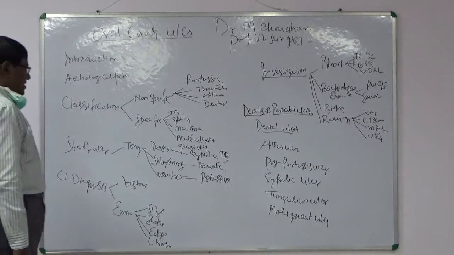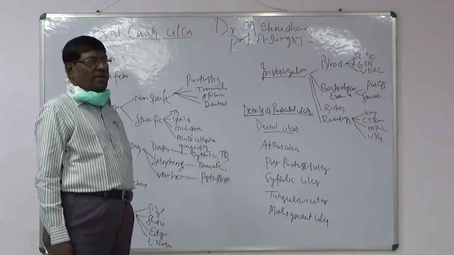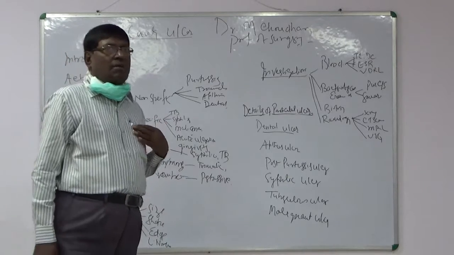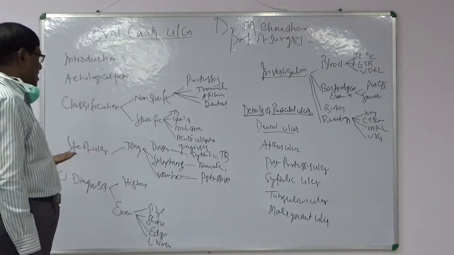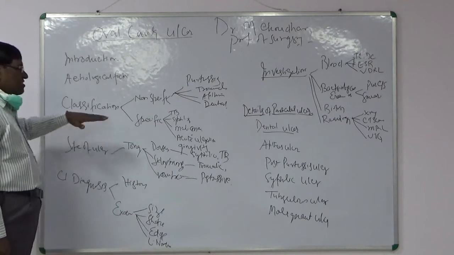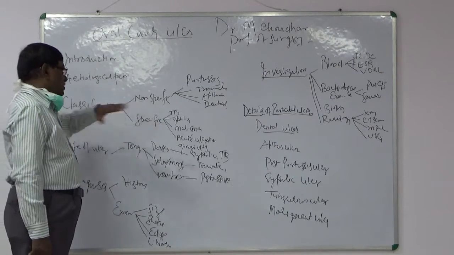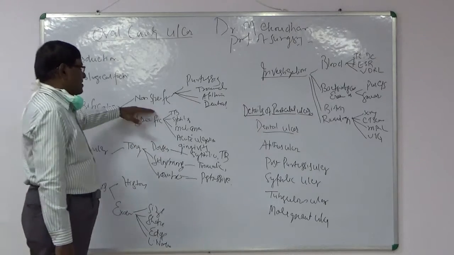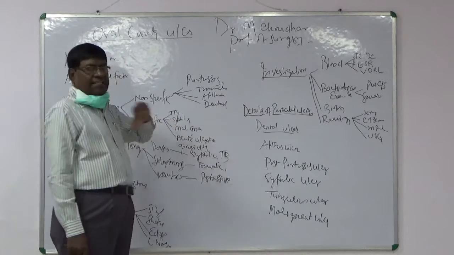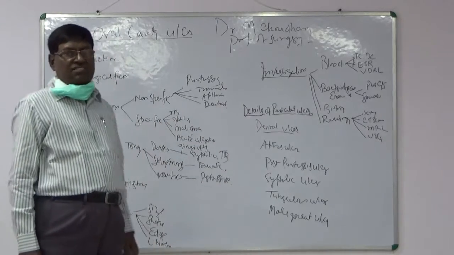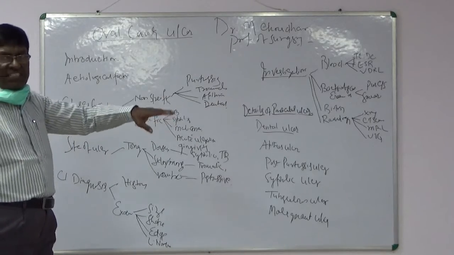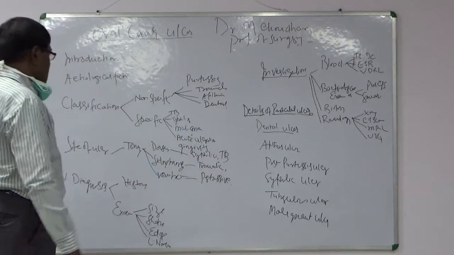Acute ulceration in some diseases, such as gingivitis or ulcerative colitis, and some other autoimmune diseases also manifests as ulcer formation in the buccal cavity. So you can classify the ulcers into two groups, the non-specific ulcer and the specific ulcer. The non-specific ulcers are the traumatic ulcer, aphthous ulcer, and dental ulcers. These are the non-specific ulcers of the buccal cavity, and the specific ulcers are tuberculosis and syphilis, all three stages: primary, secondary and tertiary stage.